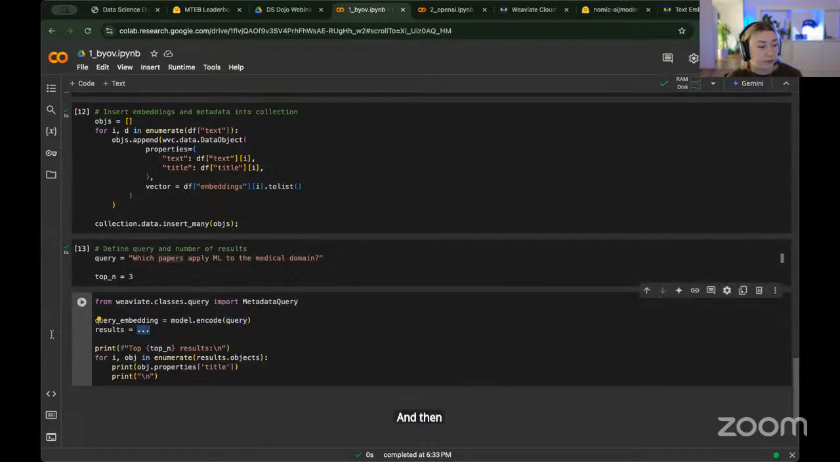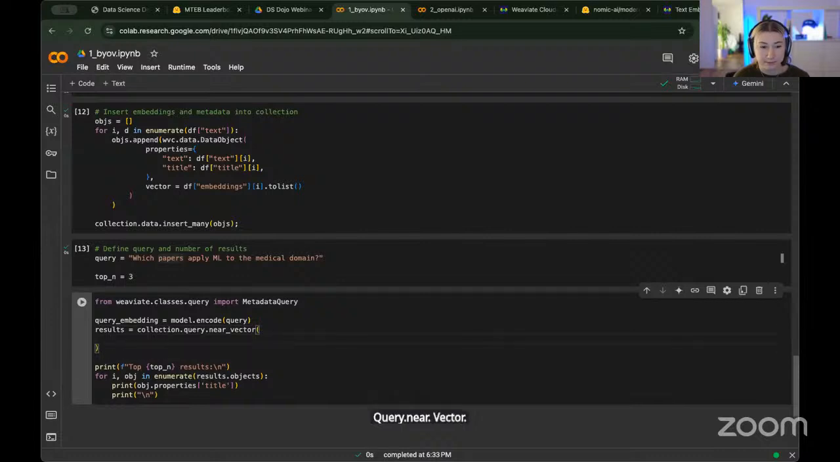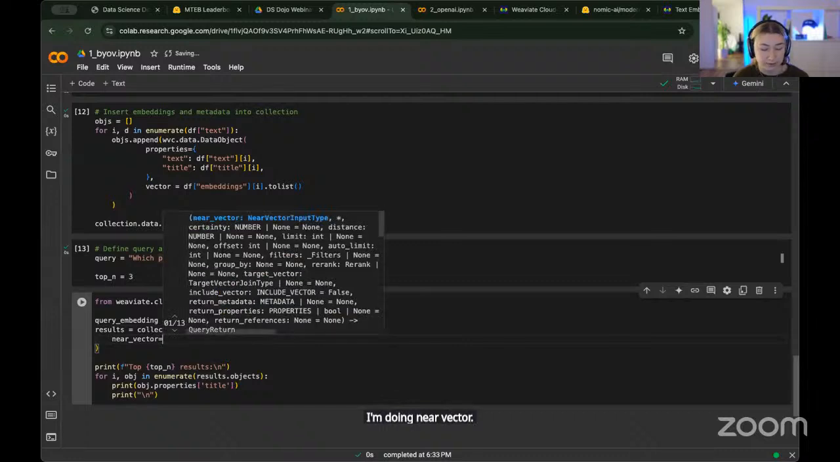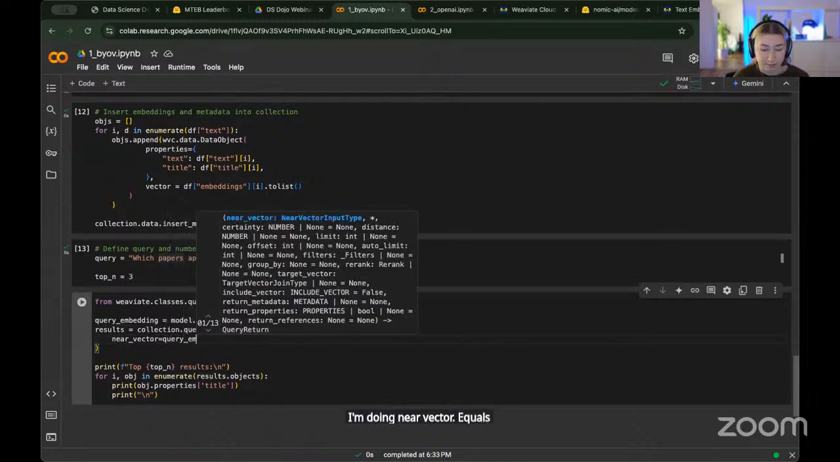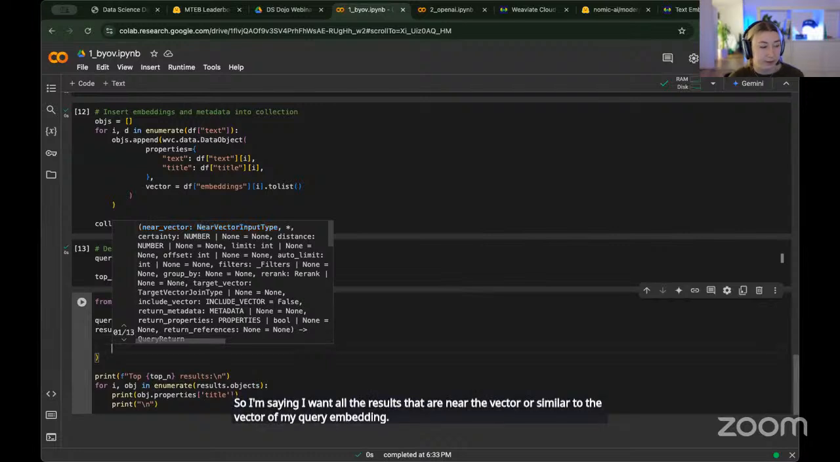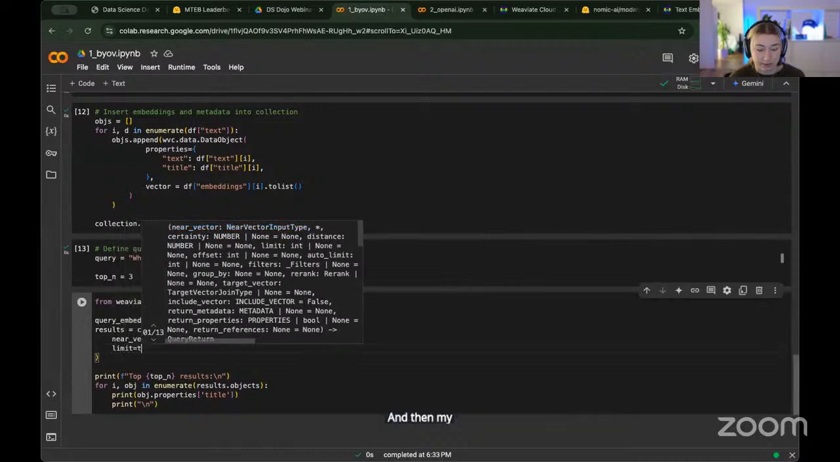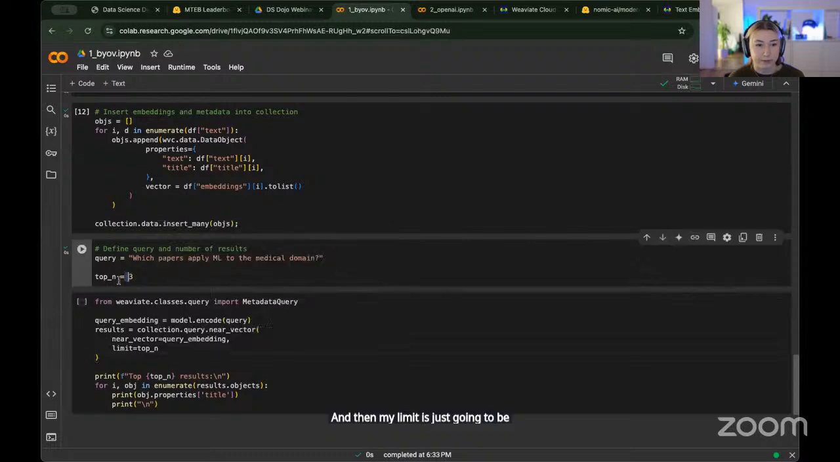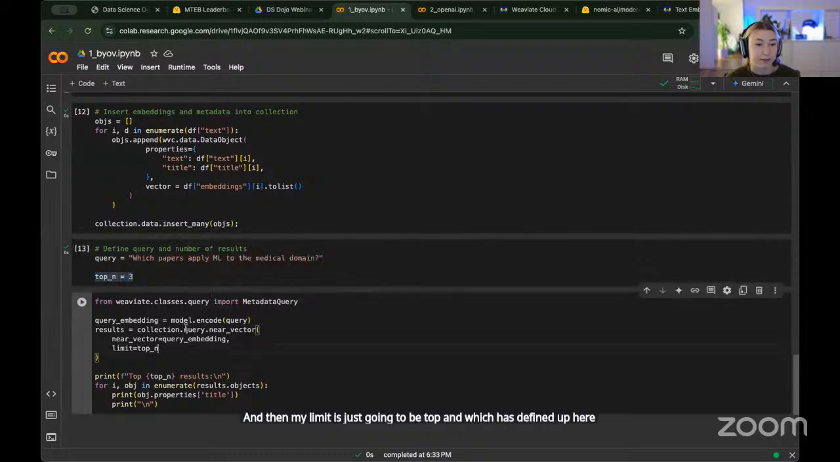And then what I'm going to do here is collection dot query dot near vector. I'm going to do near vector equals query embedding. So I'm saying I want all the results that are near the vector, similar to the vector of my query embedding. And then my limit is just going to be top n, which is defined up here. And if we run this,